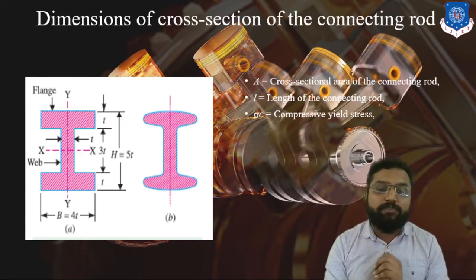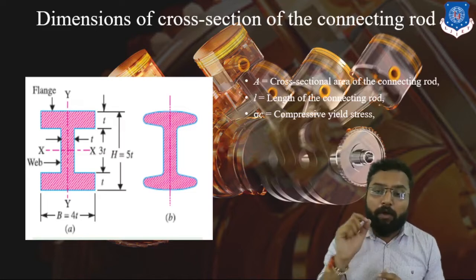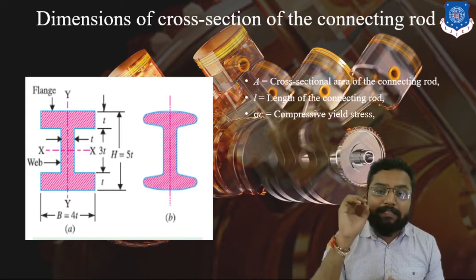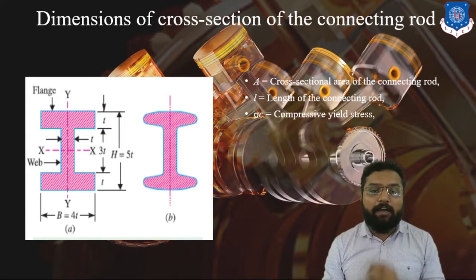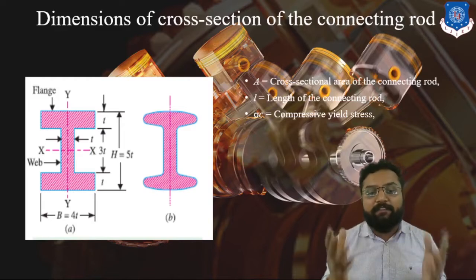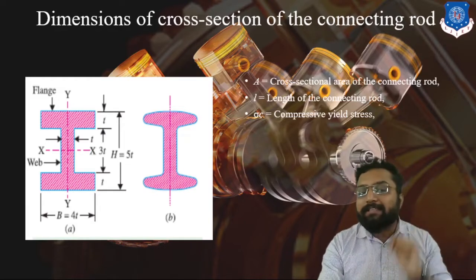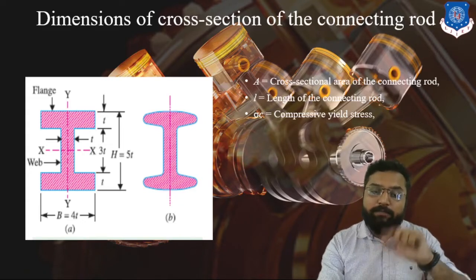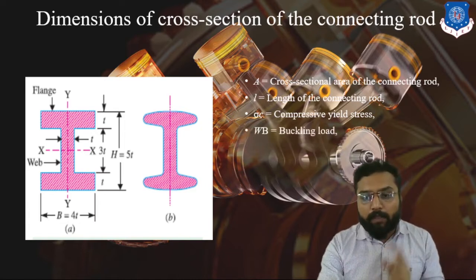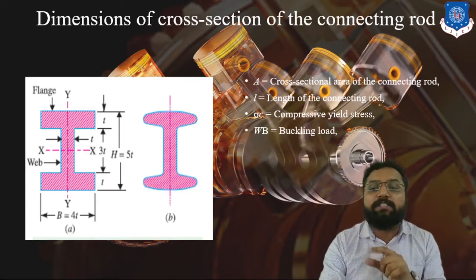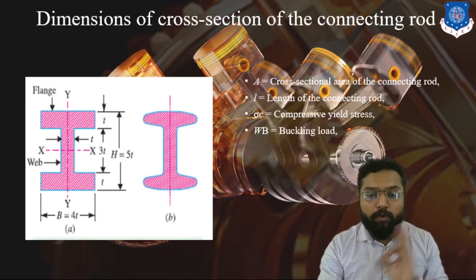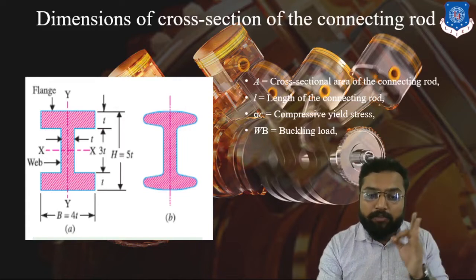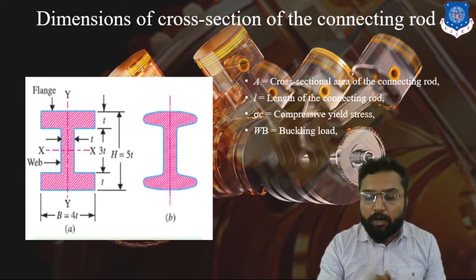So for this compressive stress, we are going to determine the working stress or working load on this component while considering Rankine's compressive theory. So our connecting rod is subjected to compressive stress, which is defined by Rankine's theory, and then it will be subjected to different types of stresses. Okay? The load generated due to this compressive stress is called buckling load, and this buckling load is going to determine our cross section. We have to determine the cross section area which can withstand this buckling load.